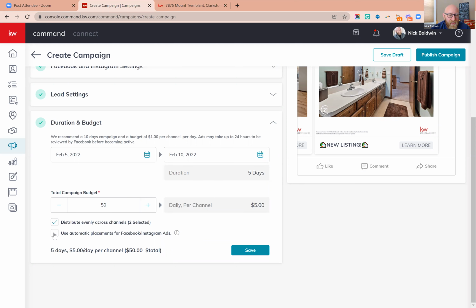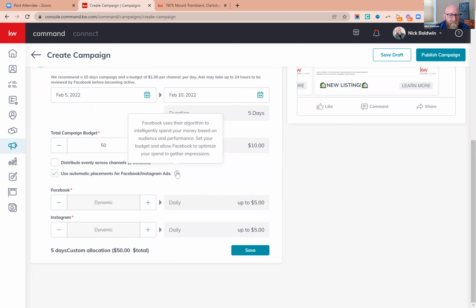And since I'm using Instagram, you're going to want to use automatic placements for Facebook and Instagram. Why? Because Facebook uses their algorithm to intelligently spend your money based on the audience and performance. So what that means is I'm spending $10 a day, but I'm letting Facebook dynamically spend my money. It's going to start me off with $5 a day on Facebook and $5 a day on Instagram. But if for some reason my ad is not performing well on Instagram, it's going to move that $5 and